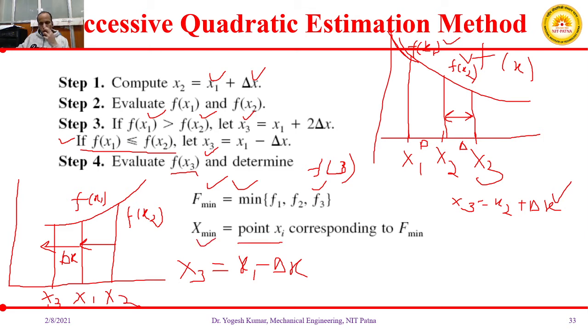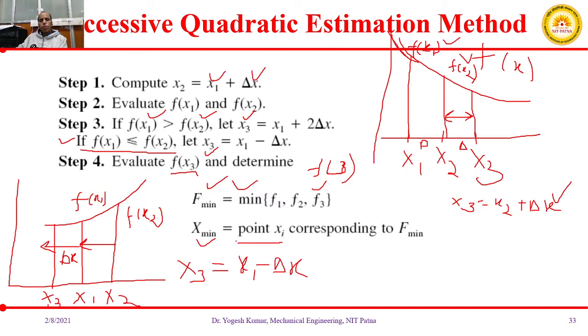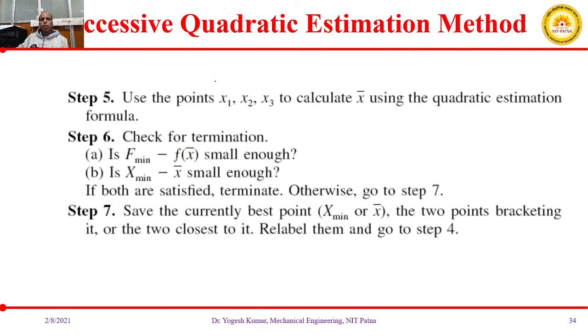Okay, so now from this point we will identify which value is having the minimum value. Now we'll move to the